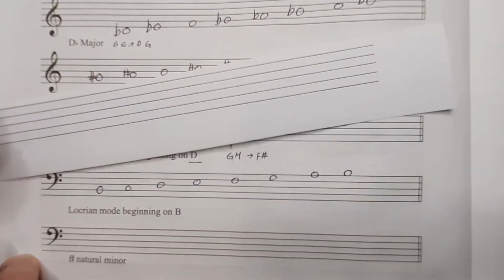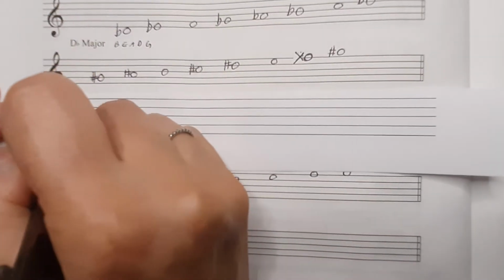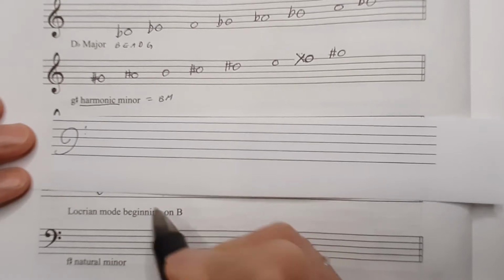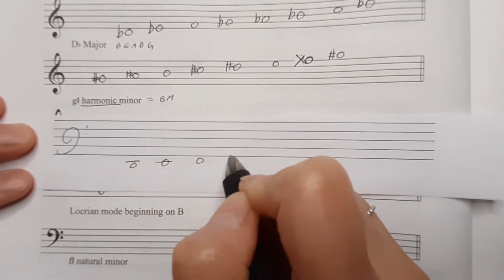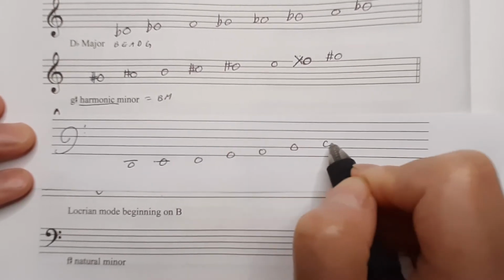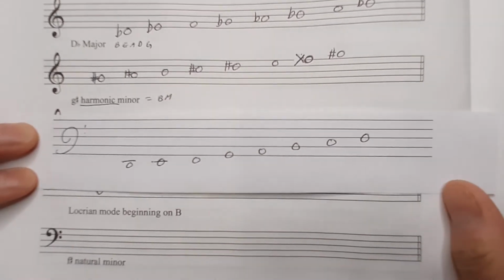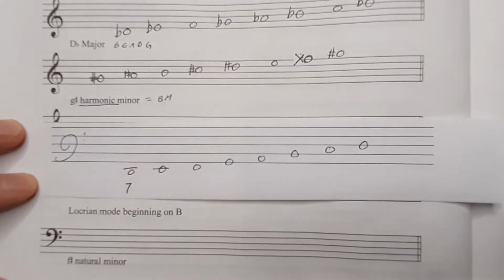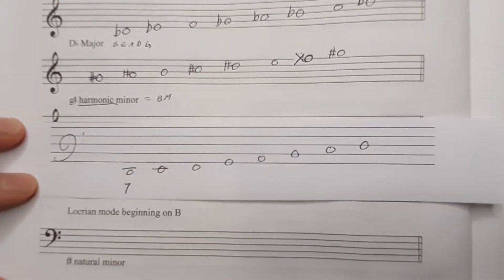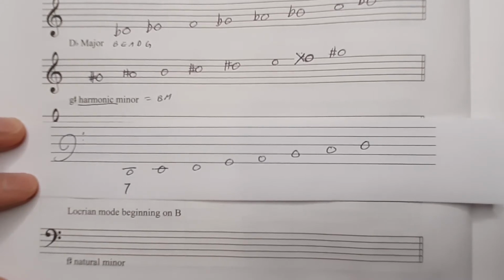Locrian mode on D. So we're going to do it with a bass clef D. Here we go. D, E, F, G, A, B, C, D. What's Locrian again? It's the 7th. If it's 7, what's the first one then? Go back 5 steps, which is C, isn't it? Yeah. So in the key of C major,